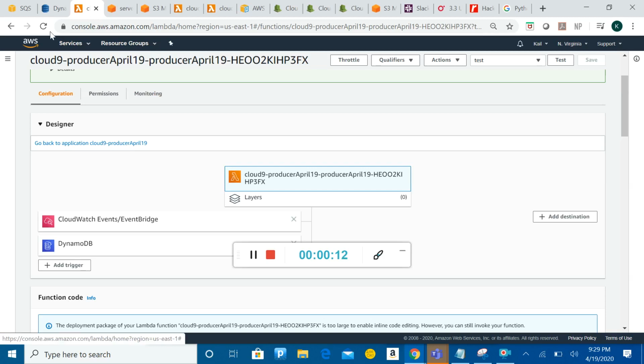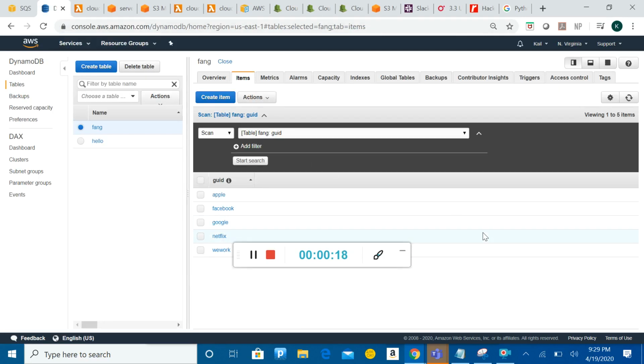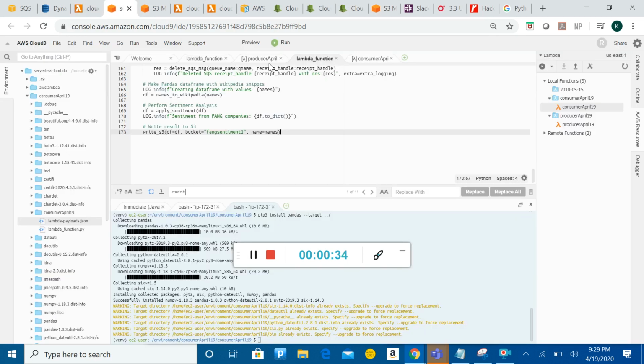So I first created an SQS queue called Producer, and then I created a table in DynamoDB called Fang with different company names. And then I also created the Lambda function that'll be called every minute with the trigger I set to CloudWatch. So now I can go ahead and run this locally on Cloud9 just to see how the